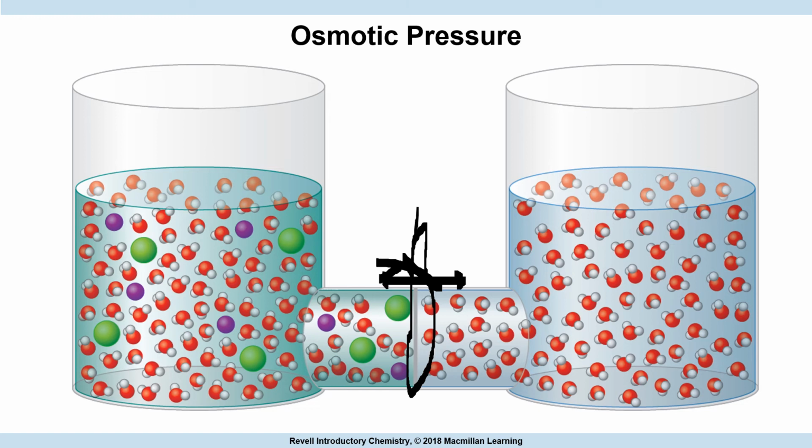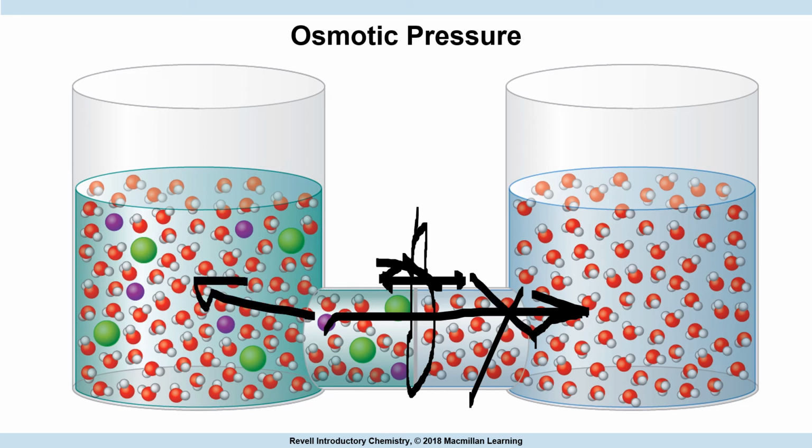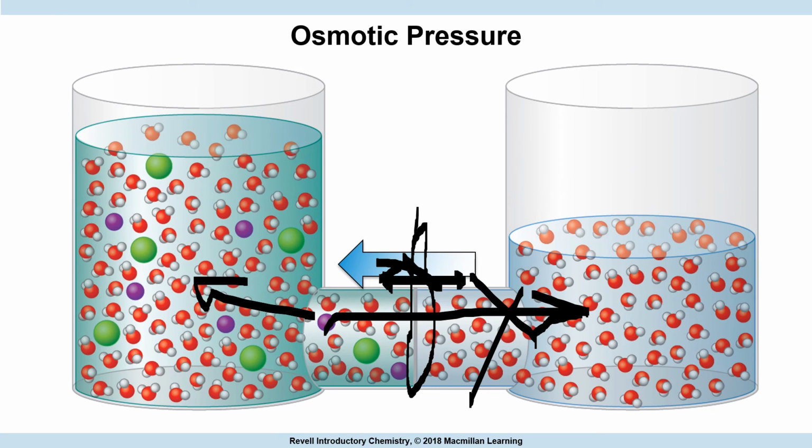Think about what you'd predict is going to happen here. Which way is the water going to flow? Well, if you said this way, you're wrong. It's going to be going this way to try to make this more dilute. So the water is going to move that way to make that dilute. It's going to increase it so that the